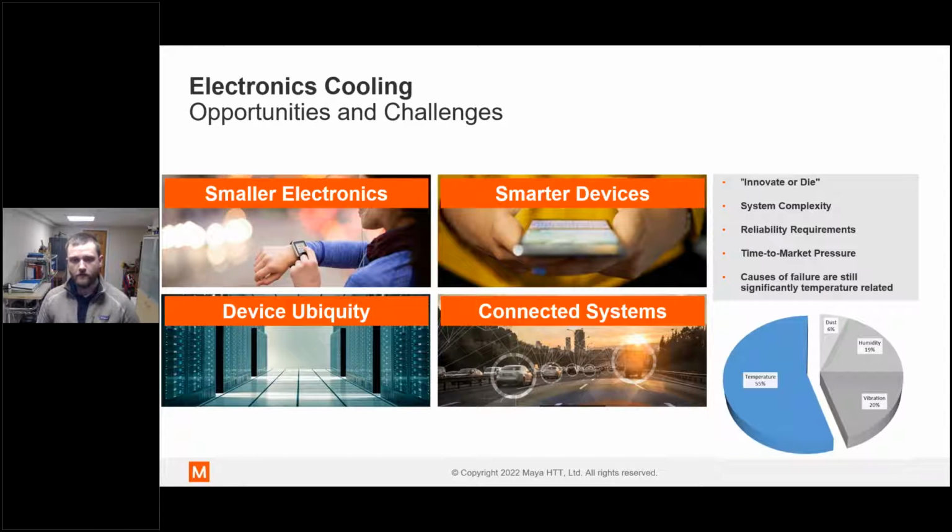Therefore, there's more and more of a need to make sure that these systems are reliable, have long longevity, and can be used for years to come. And certainly, one of the biggest issues with electronic systems has always been temperature. The number one cause of failure for these electronic systems is temperature induced. In the past, we would still see a lot of dust, humidity, vibration as well.